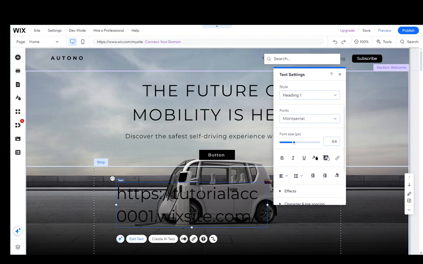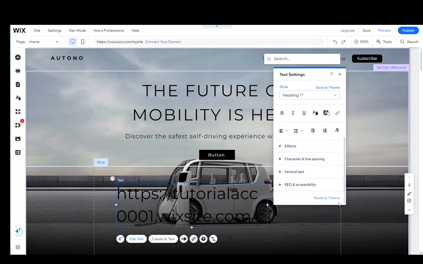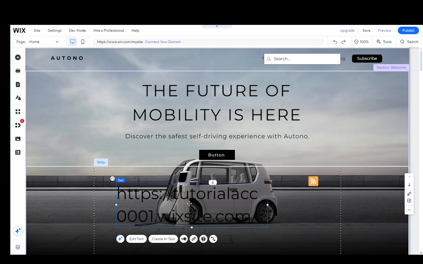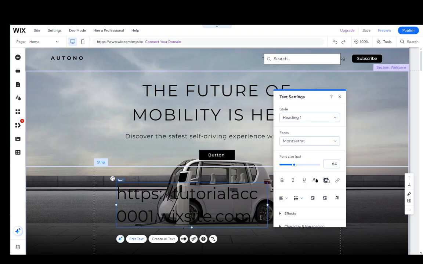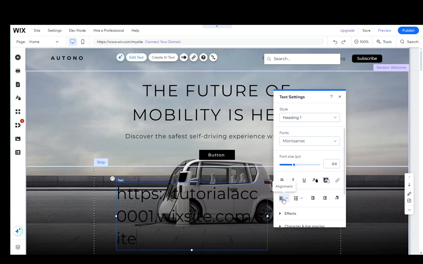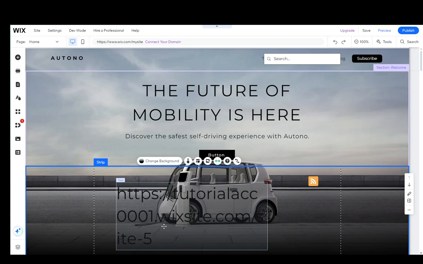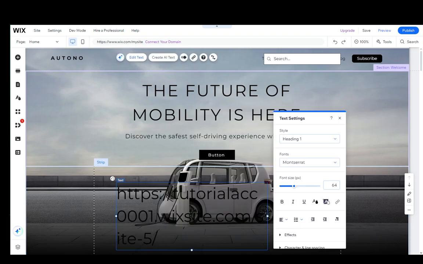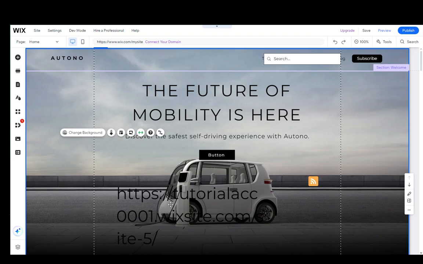I'm going to just make the font size a bit smaller, and can I add possibly a background? I don't know where to find it, but it doesn't really matter. As you can see, this is the URL that I copied over, and I'm going to add site-5 to the end of it, and now that's the full URL of the site. I'm going to add another / at the front, and now that I've added that, we're going to go into pages and menu here to the left,